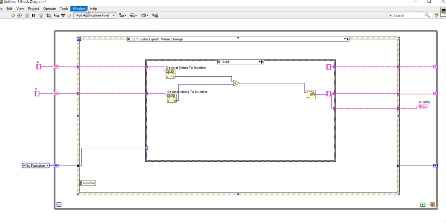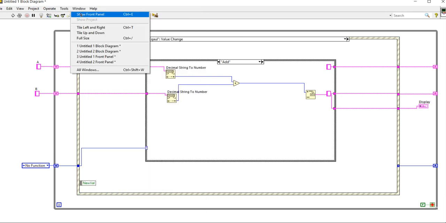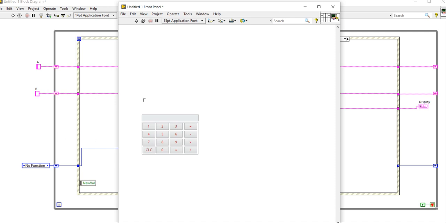Now come into the front panel and try to check whether our program is working or not. First run: 12 plus 5 is 17, so it's working. 17 plus 3 is 20, so it's working.